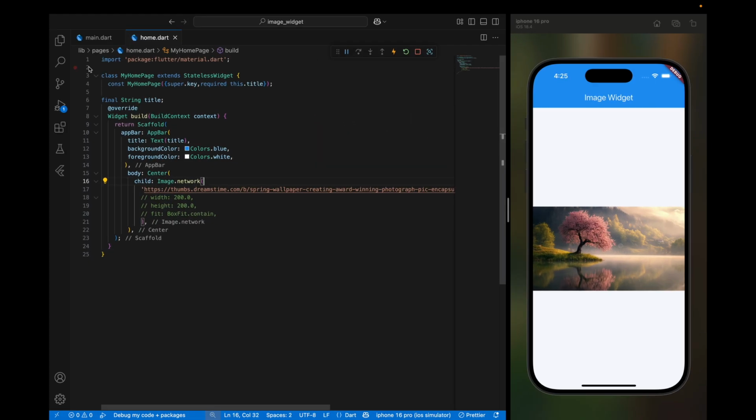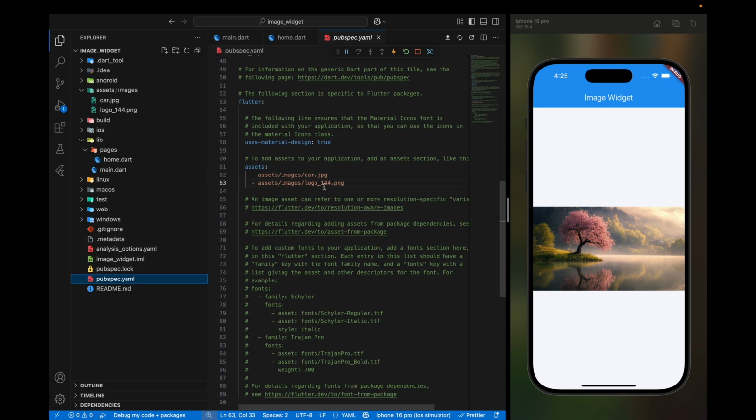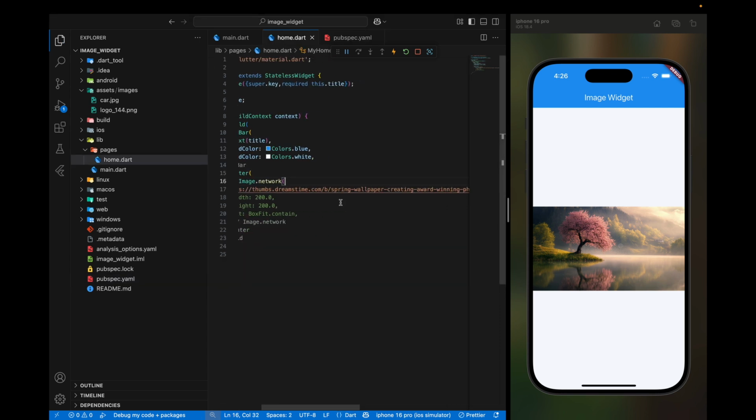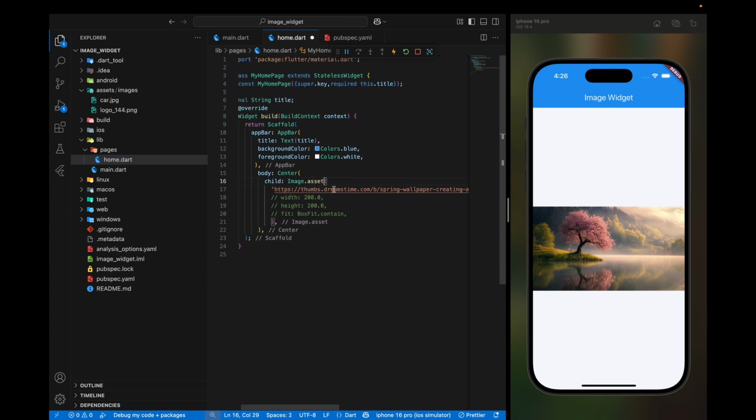Oh, one more thing before I go. If you come right here inside of this pubspec again, if you remove or comment this first line and then we remove this name for our image and you leave just assets/image folder, Flutter will get all the image references or paths inside of this image folder. If you save everything and then let's go to home.dart again and let's use again the assets image,